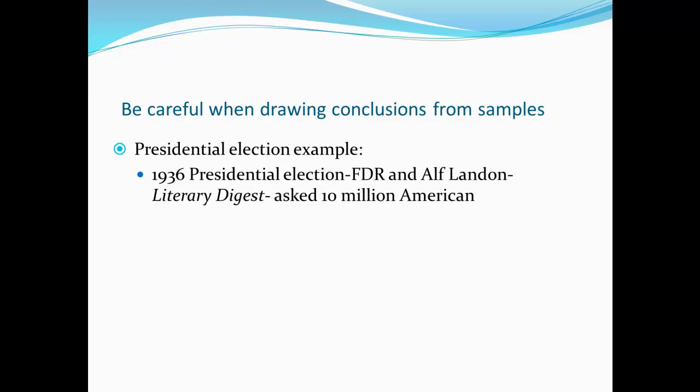Well, obviously, since you guys probably have never heard of Alf Landon before, FDR is actually who ended up winning the election, and this was a pretty big hit to Literary Digest's prestige and really hurt them, because after they did their poll, they said Alf Landon was going to win. Well, when that didn't happen, they had to start looking at what went wrong.